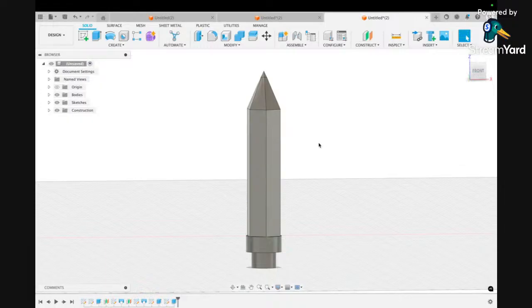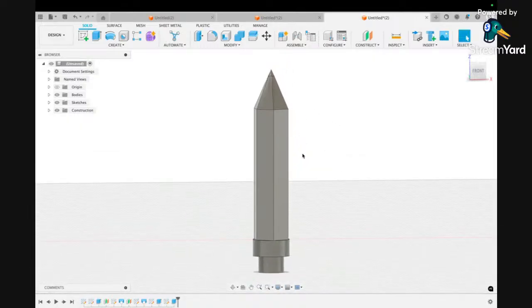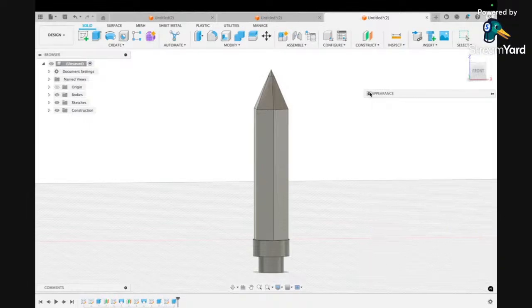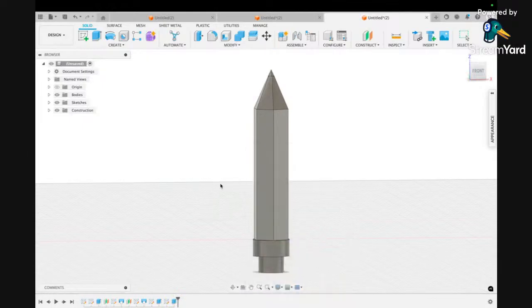Okay. Well, I have a better word for it. We can call it material, because Fusion is a very realistic thing, because we are going to make this product in real life, so we are not going to just paint it. We are going to make it of some material, right? For every element of this, we can press A on the keyboard, or there is another way to do it. We can go to modify, and then move down to appearance. Click on appearance,